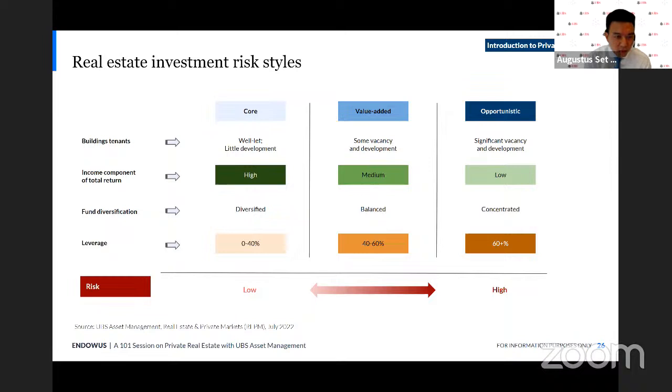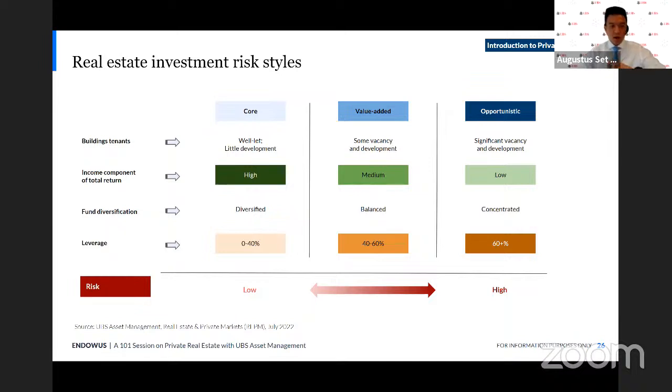So an example for core might be a fully occupied office building in the Singapore CBD. So super safe, relatively low risk. Let's say you have some blue chip tenants that have signed long-term leases in the building, so you know you have a stable stream of income. They pay their rent on time. And the trade-off obviously would be lower total returns, given the pricing would be quite expensive for that type of building, and most of your returns come out of income rather than any outsized capital returns.